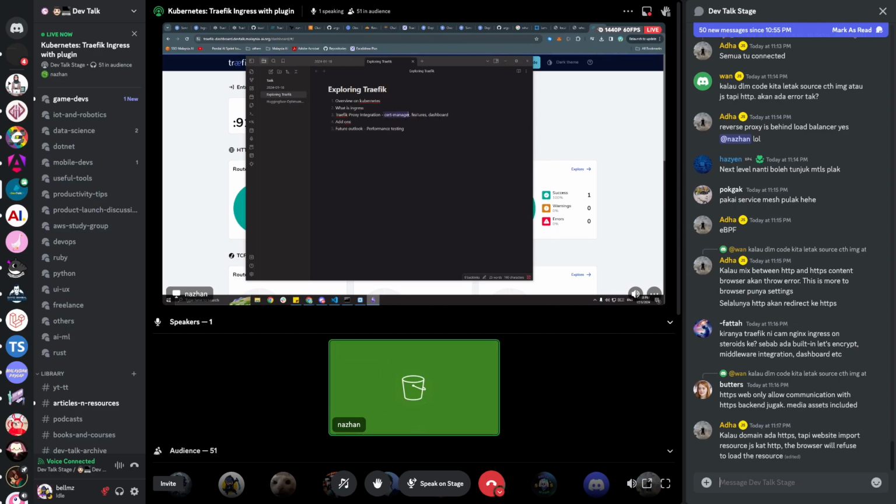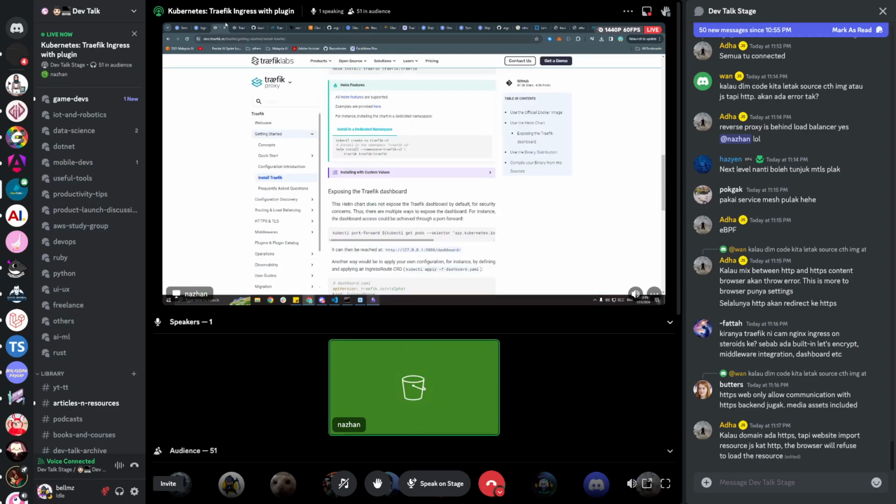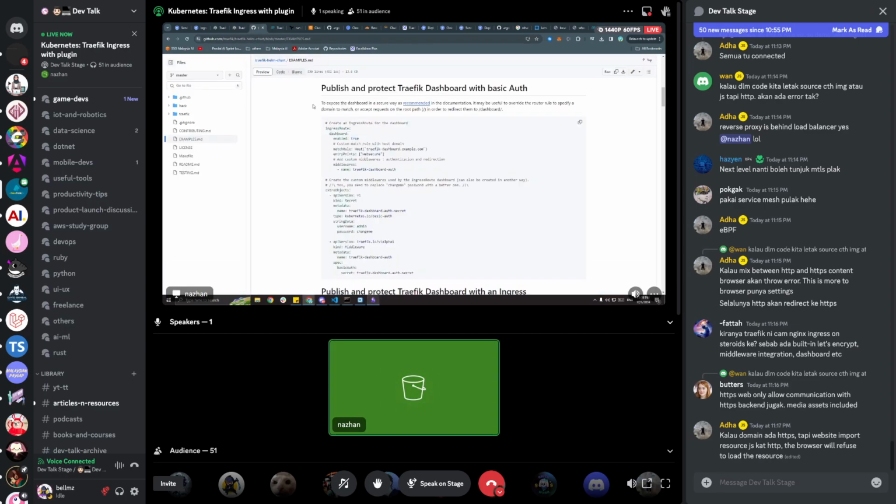Kita belum lagi take a look on features lagi, tapi some of feature kita dah leverage, and also we have the Ingress dashboard with the middleware for basic auth. And yeah, so kalau we take a look on the documentation balik, I mean the readme files ni,